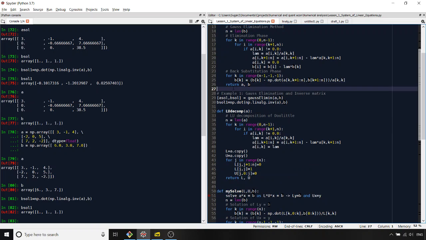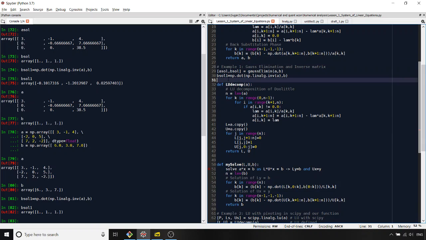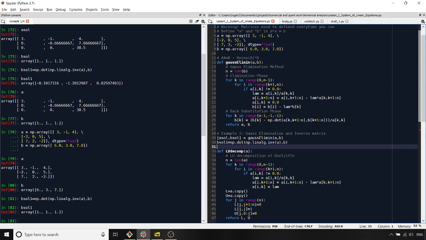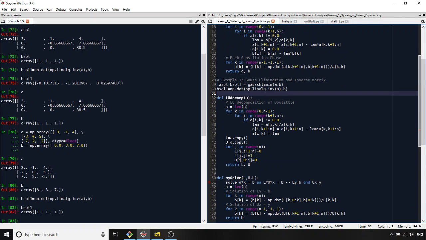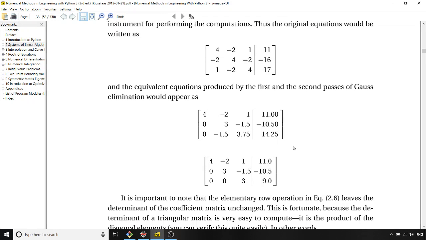So this was the first example. The second way of solving the same system, Ax equals B, is to use a lower and upper triangular decomposition. We call it LU decomposition, and the most common way to decompose is Doolittle's way. And in Doolittle's solution, by a lower and upper triangular way, I mean,